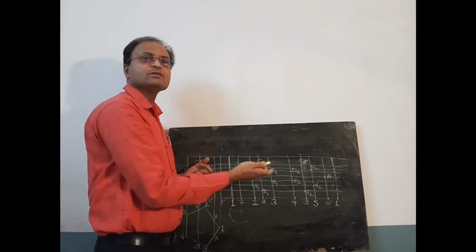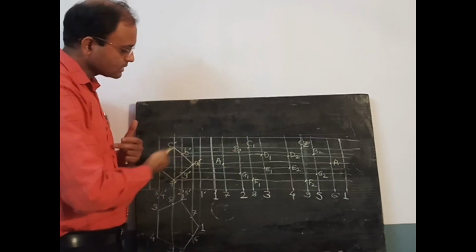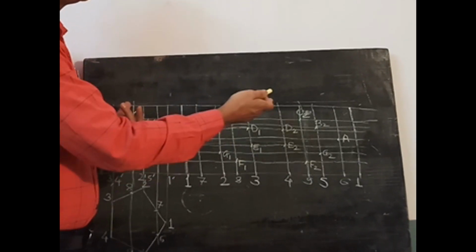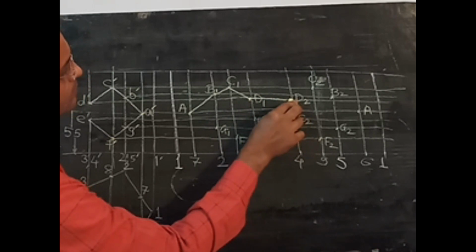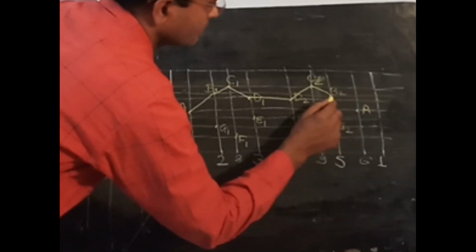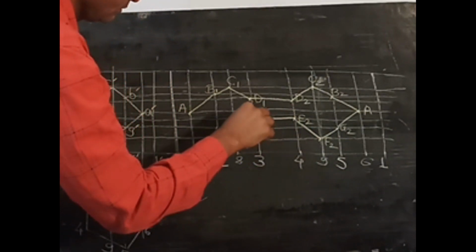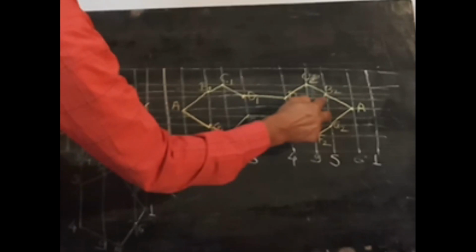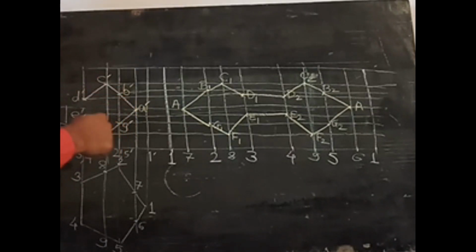Now next we have to join all these points by appropriate line. Now prism is a plane surface, and when your plane surface is cut by another plane surface, definitely the line of intersection is going to be a straight line. So join all these points in sequence and by straight lines. So this is the portion which gets removed. You can see this shape is getting removed because of this square hole.